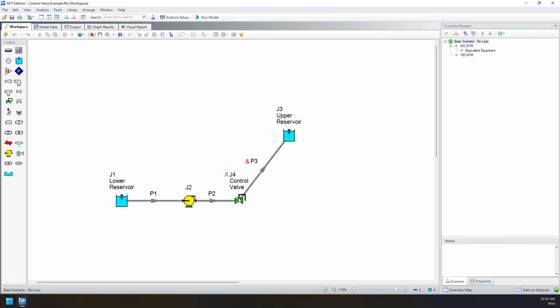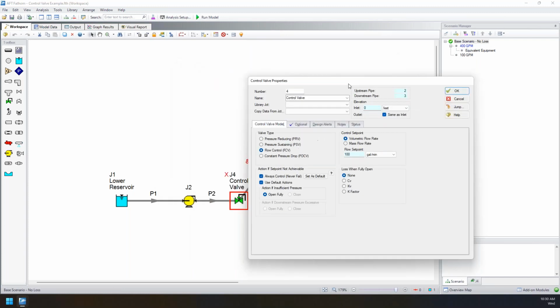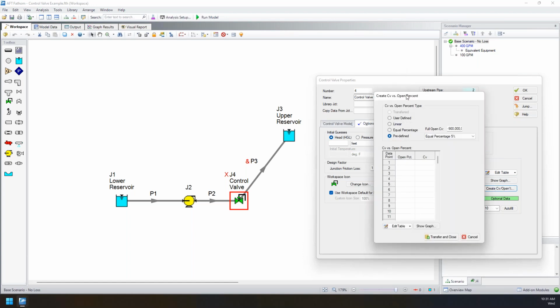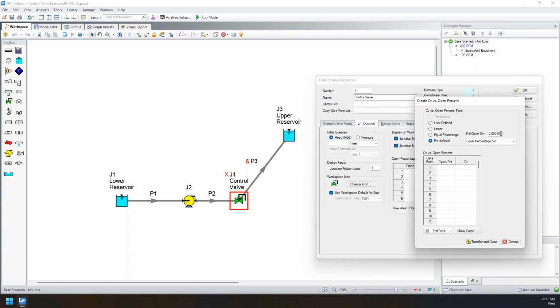So now back in our base scenario, back in our control valve on the optional tab, we're defining this open percentage data. And if you have actual manufacturer information, obviously that is going to be the best information that you can put in. Again, models are only representative of a physical system, so the closer your model can be to the actual specifications, the more accurate and reliable those predictions or additional models will be. But in our case, we're just going to approximate it with this create CV open percentage graph feature, I should say, where here I can set my full open CV to the 75 that we had